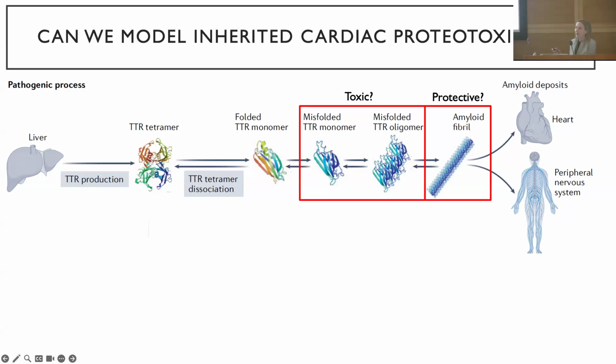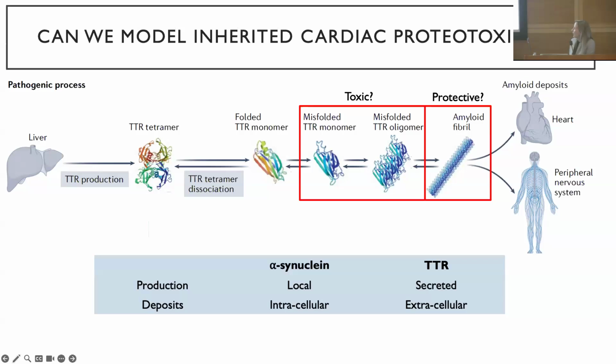But in fact, there's a fairly widely accepted hypothesis that the soluble oligomers in PD are actually what is toxic, not the fibrils. And that the fibrils might actually act as a sink to sequester the monomers or oligomers away. And that therefore actually disrupting the fibrils might not actually help you that much. And so there has been some work done on this in TTR, but much less so than in the neurodegenerative field.